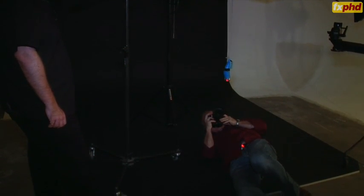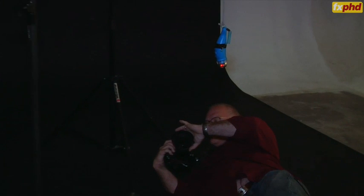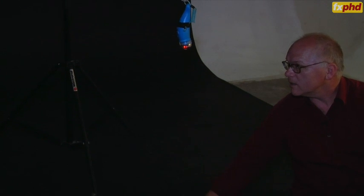So what's your little trick? Well, my trick is to make the focus. Oh, I see, because the light is sharp, see, when you're lying on the ground. Because when I'm on the ground, I won't be able to see it. I'm going to put the camera there like that, pointing straight up. Okay, so it needs to go camera left a little. Yeah. Okay. And then...